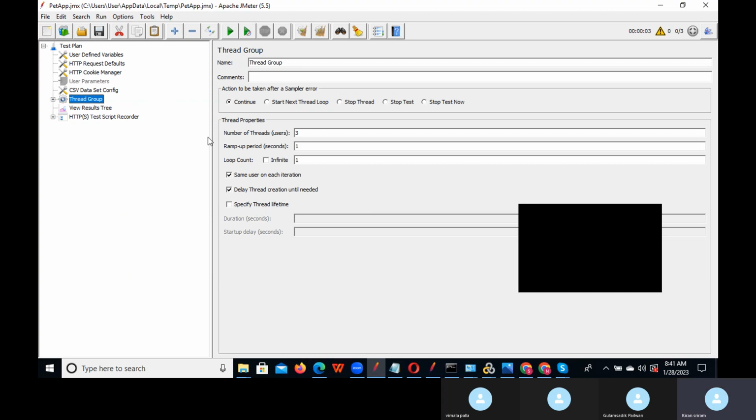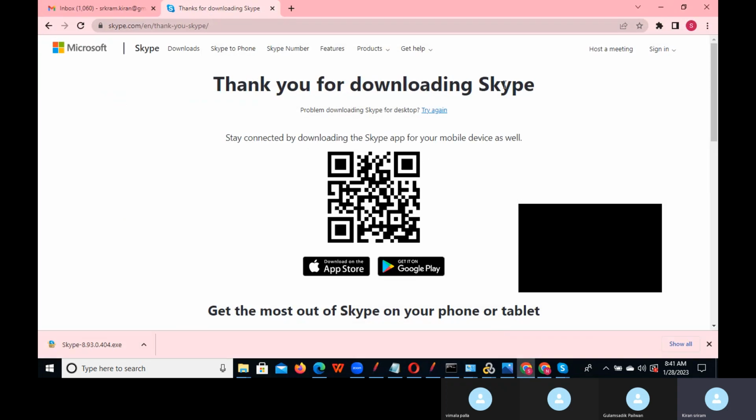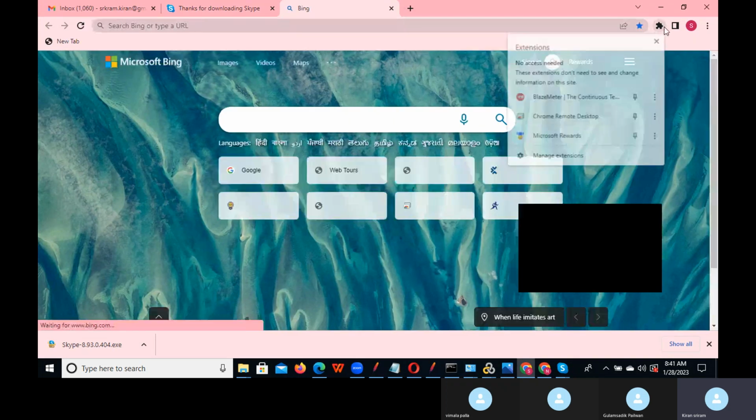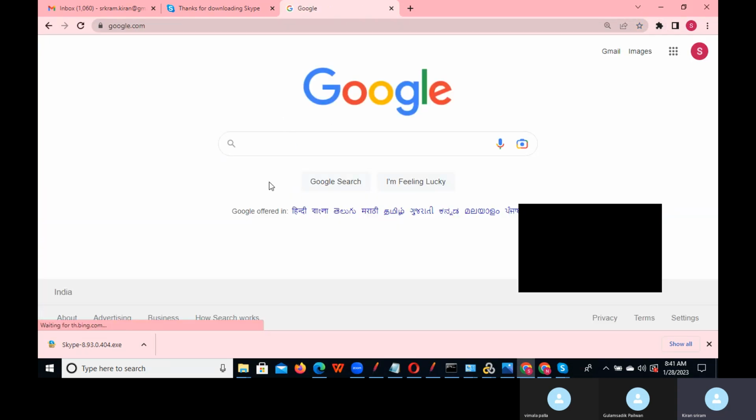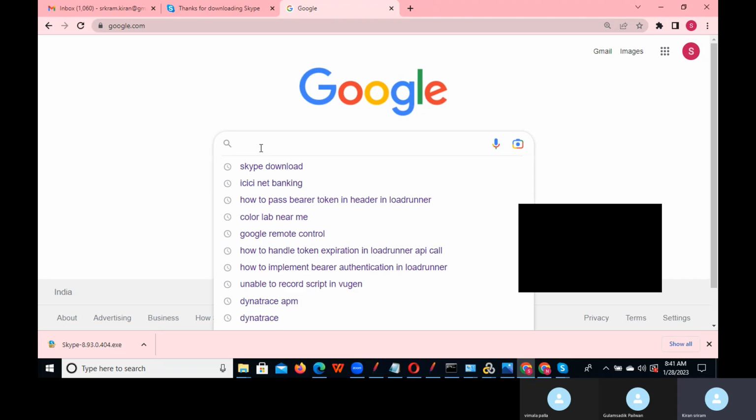One more way I will explain, how we can record the script, using BlazeMeter. I think we have BlazeMeter. Yeah, so you need to download BlazeMeter. I will explain that process. Like you can enter